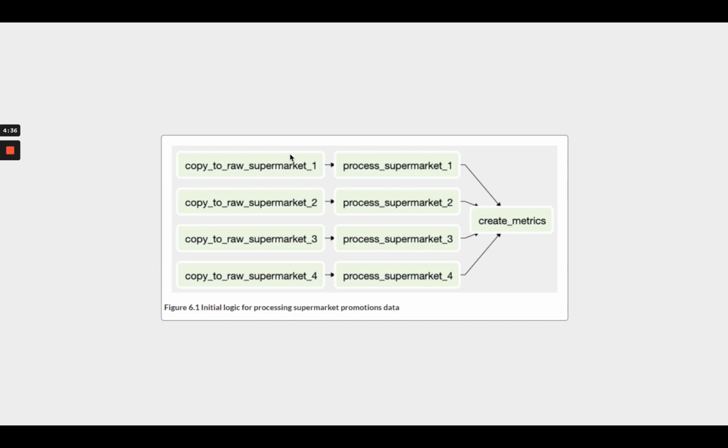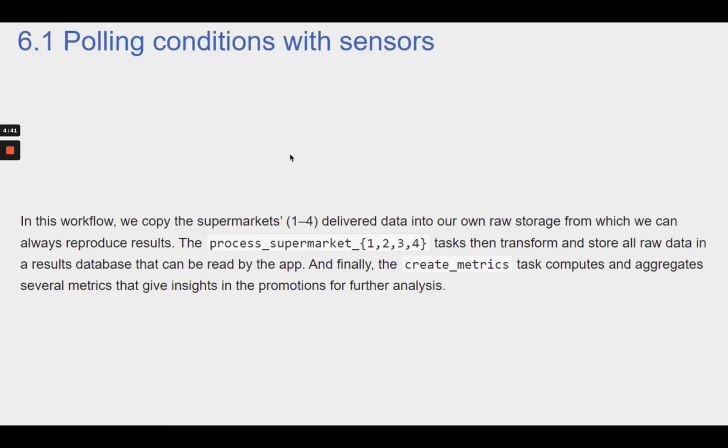Let's develop the initial logic for such a workflow. Figure 6.1. In this workflow, we copy the supermarket's 1 to 4 delivered data into our own raw storage from which we can always reproduce results. The process_supermarket_1, 2, 3, 4 tasks then transform and store all raw data in a results database that can be read by the app. And finally, the create_metrics task computes and aggregates several metrics that give insights in the promotions for